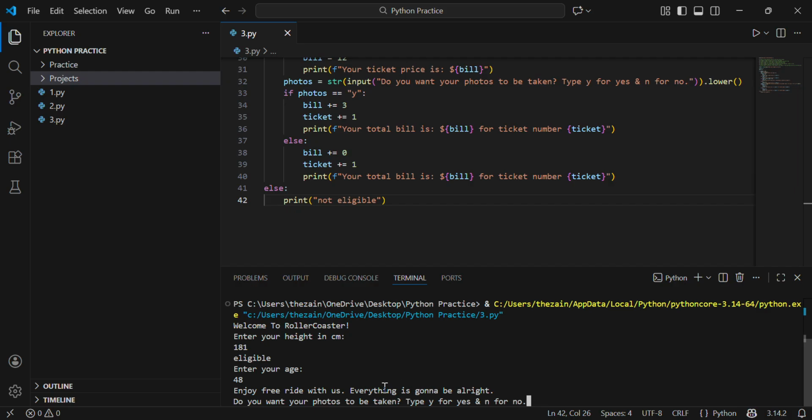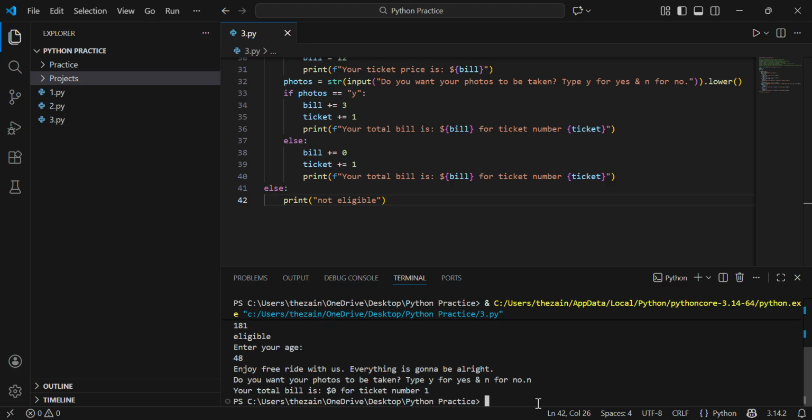Then it asks the question, do you want your photos to be taken? Let's say we say no, and your total bill is $0 for ticket number 1. That's all. You can check